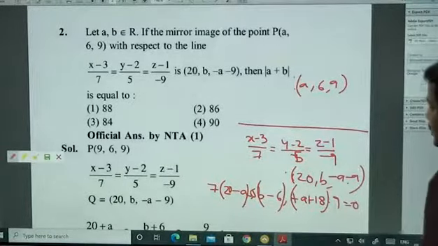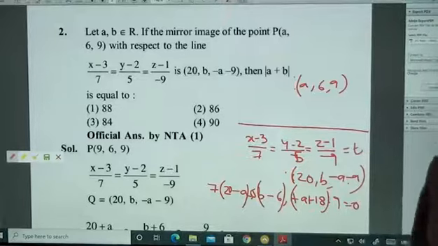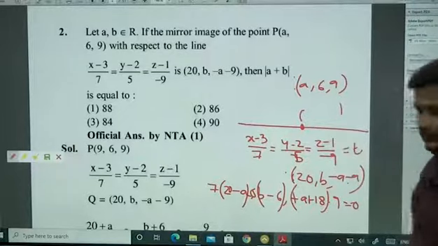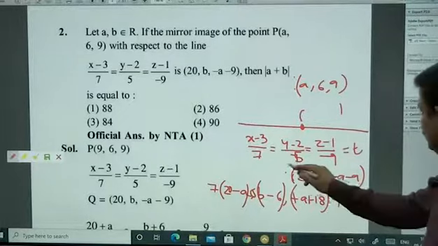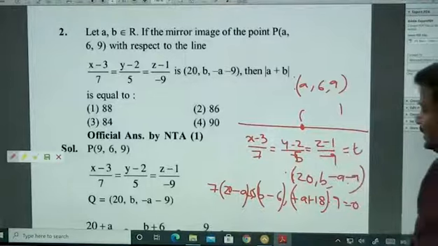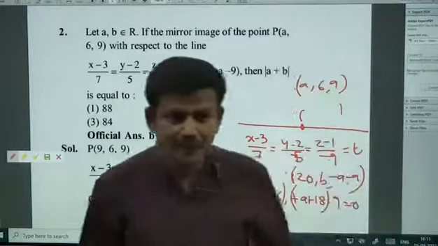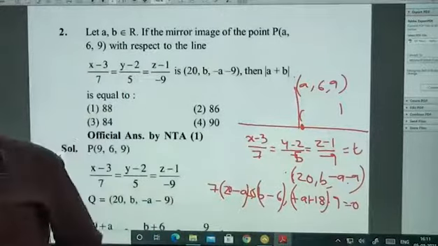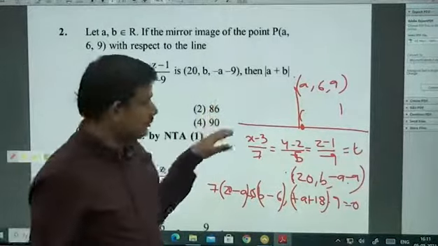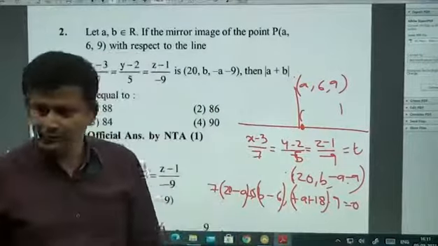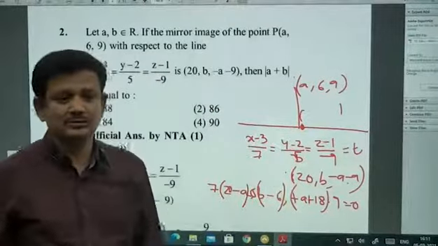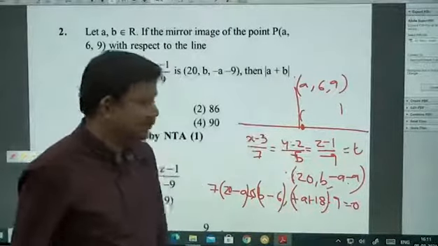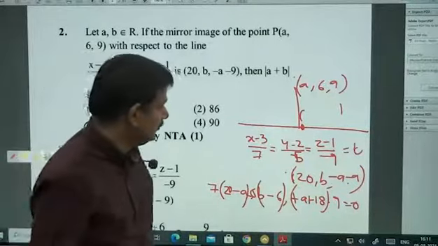Okay? Or otherwise you can call this T. Assume a point in terms of T. That will be your foot of the perpendicular. What is it? 7t plus 3 comma minus 5t plus 2 comma whatever. Now when will that be the foot of the perpendicular? This join has to be perpendicular to this DR. So dot product equal to 0. Similarly this dot product is also 0, or midpoint. You can compare and get the values. Is that clear? All of you?